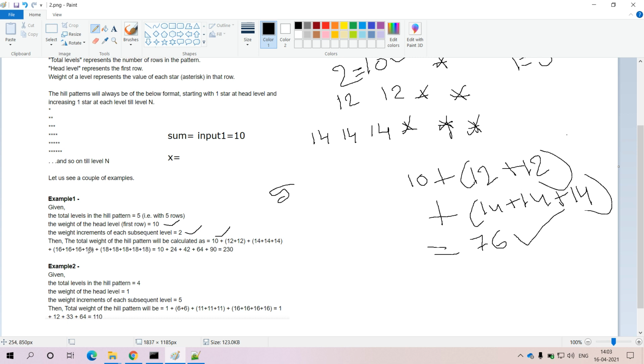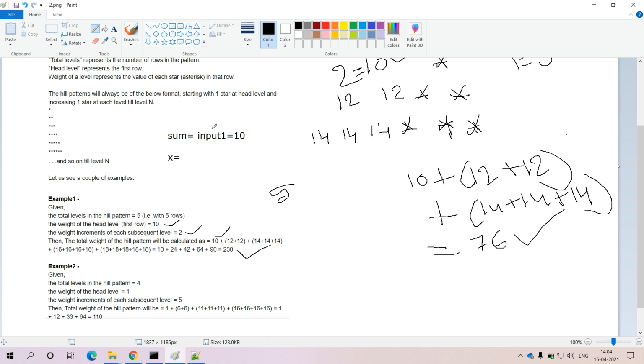Within the fourth level the same thing is repeated, and within the fifth level you will get 5 elements in total. The step count is incremented from the fourth level to the fifth level by 2: 16 plus 2, so for all the elements here we get 18, 18, 18, 18. If you calculate the sum of each and every element in each and every row, the final output that we get here is 230, which we have to identify.